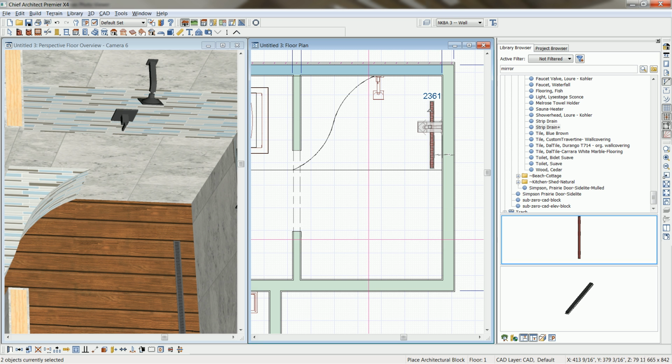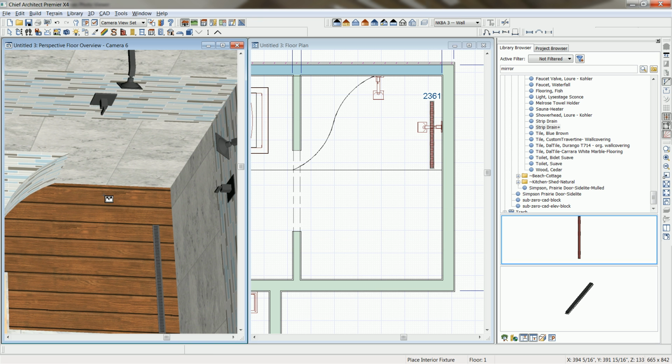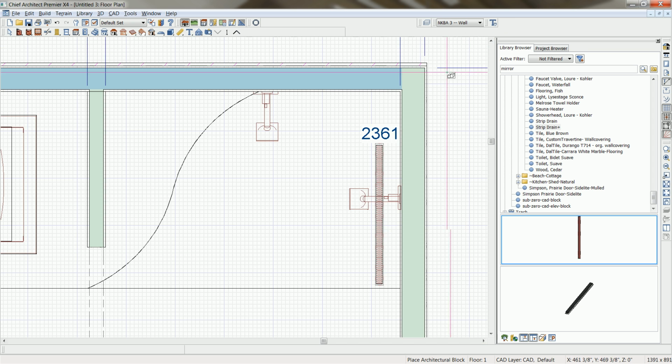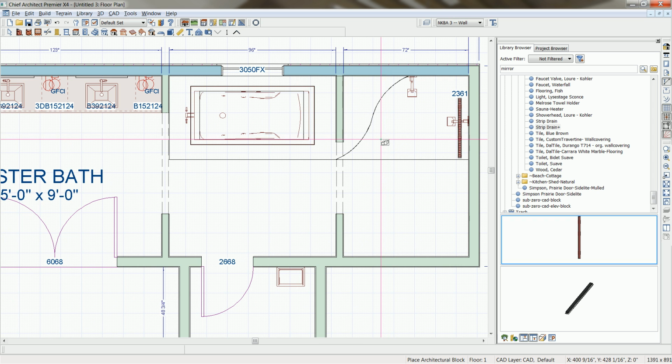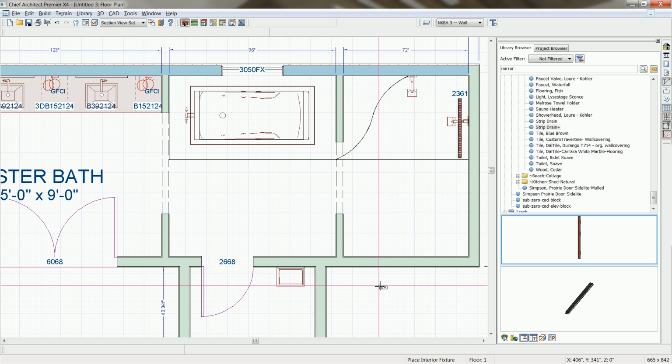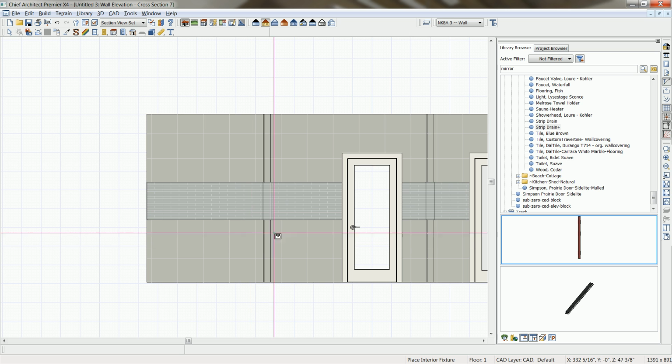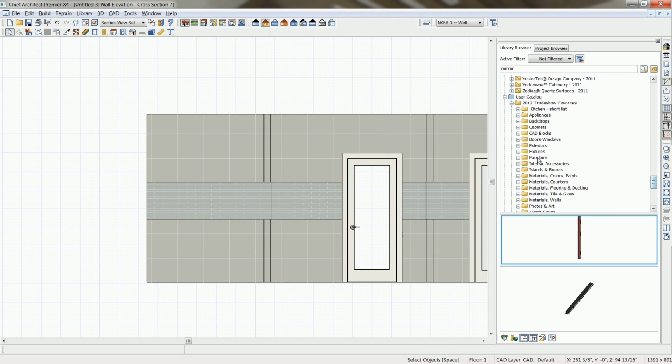And finally, the two other fixtures that I want to place are the toilet and a bidet. So I'm going to close down the 3D view, and I'm going to take a wall elevation, just like we did on our cabinets. Let's cut a wall elevation through this wall, and we'll add those two fixtures in here. Let me scroll up and find our fixtures. Again, I'm just in my user catalog. This is my own copy of things that I use frequently. Let's come into our bathroom fixtures,